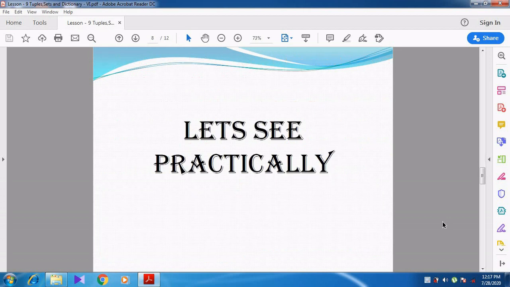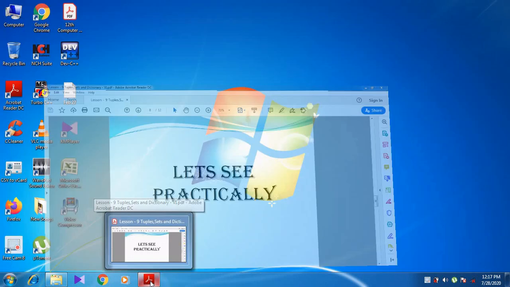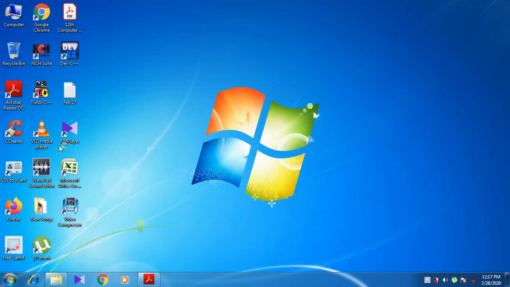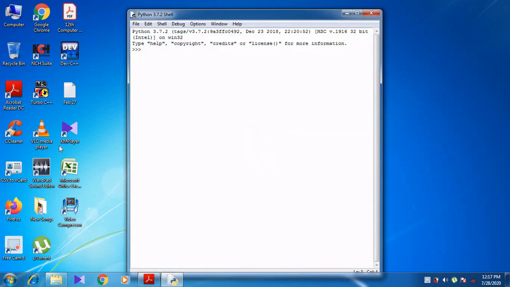Right. I think you might have understood this. I can show you in a practical manner. Let's see in a practical manner. So click the start button. Ideally Python 3.7. After opening Python, we can work in the interactive mode itself.